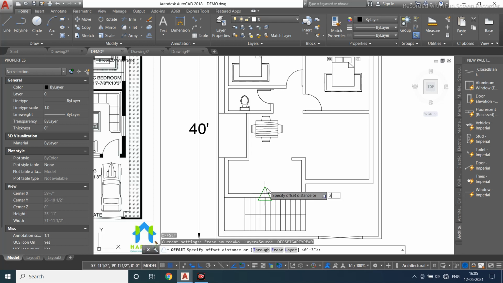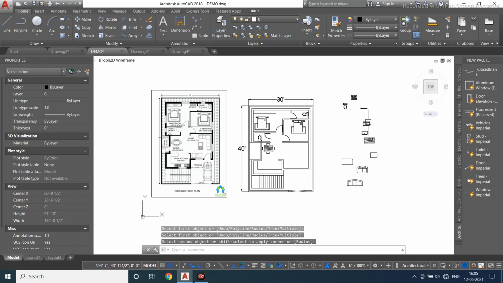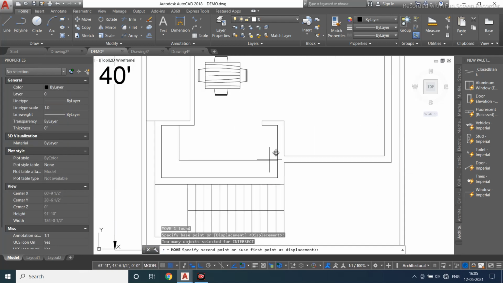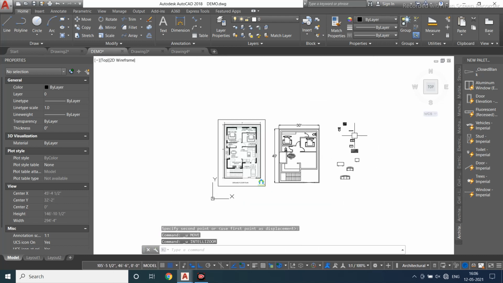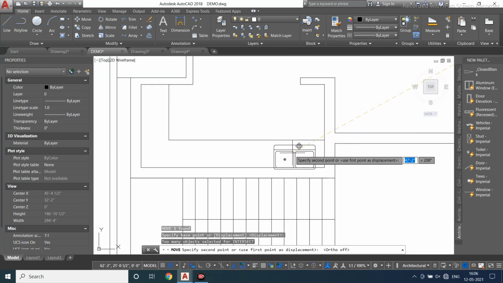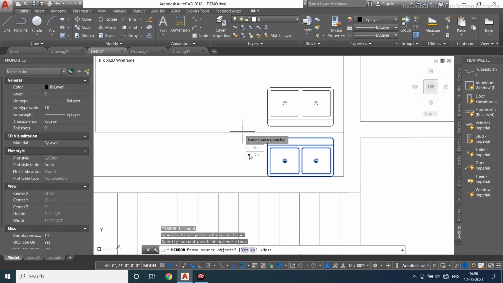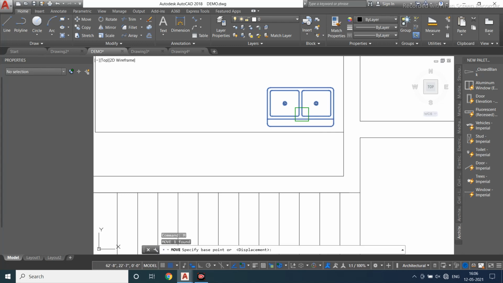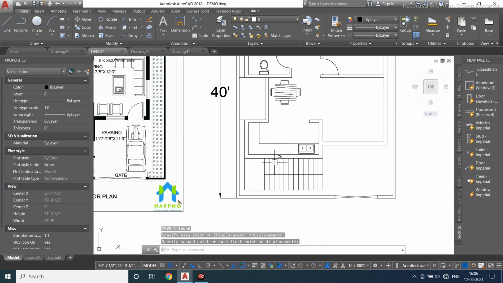Now we'll create a platform in the kitchen. So this is your platform in the kitchen. 2 feet we are using. In this we have to keep a sink. We'll go with a double sink. Control set. We'll go with the double sink, select it, move it, place it over here and mirror over here. Do you want to delete your source object? Yes. Fine. The same thing you have to keep.